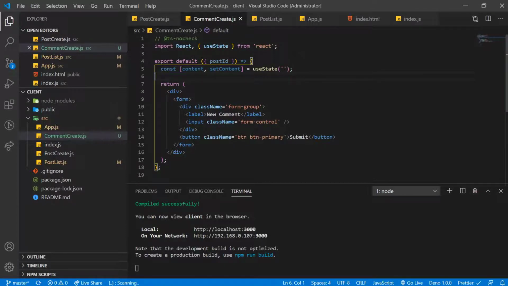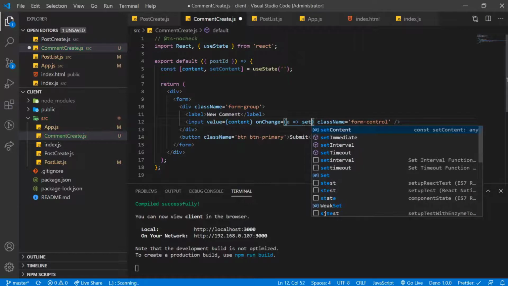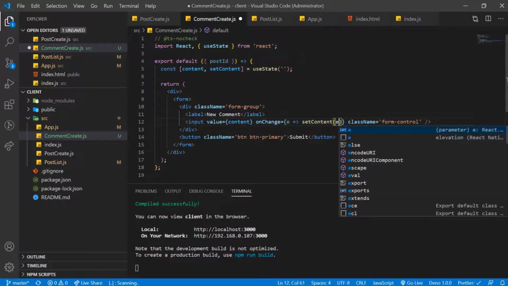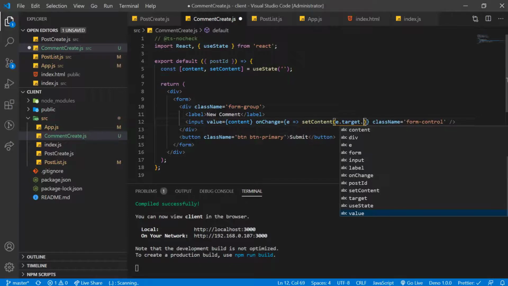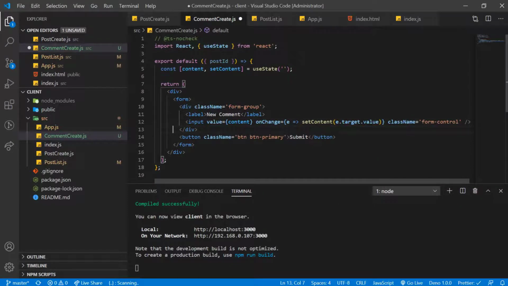Next, let's add a value setter with our input box. Now we are going to attach an event listener with the input box. Say we want to fire it with the onChange event, and we are going to pass e.target.value just like we did in the post create component.